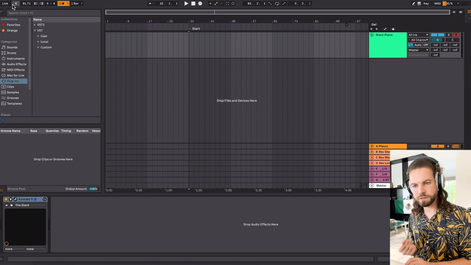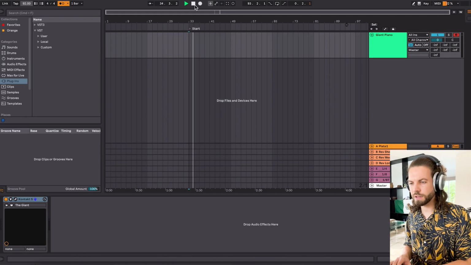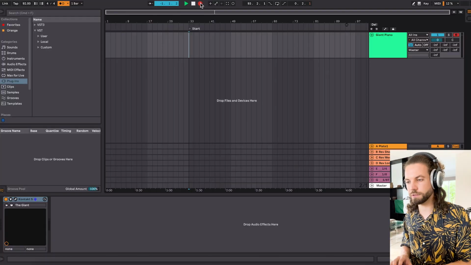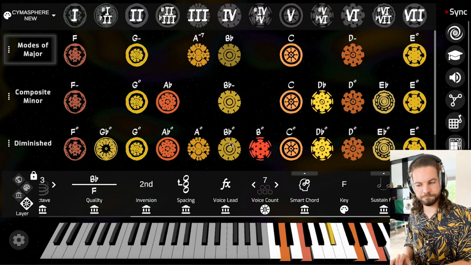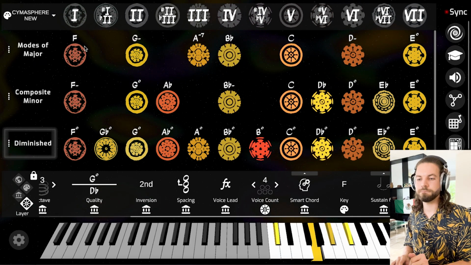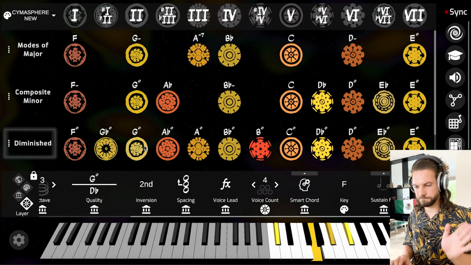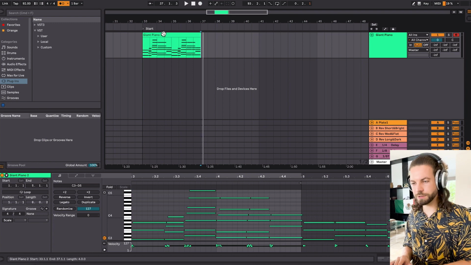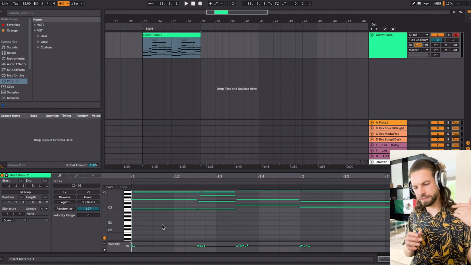It's a slow one. Let's do 92. I'm gonna just record the piano here in my Ableton Live program. You could obviously use Pro Tools, Logic, Cubase, FL Studio, whatever you want. 2, 3, and... So you can see it has been recorded exactly like I wanted, already giving it a bit of the strum